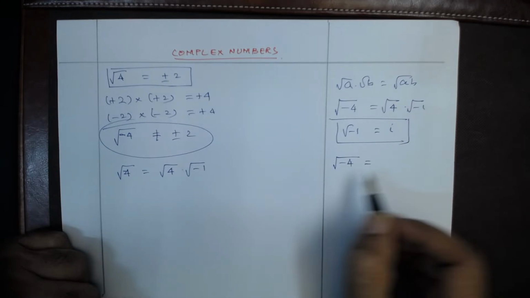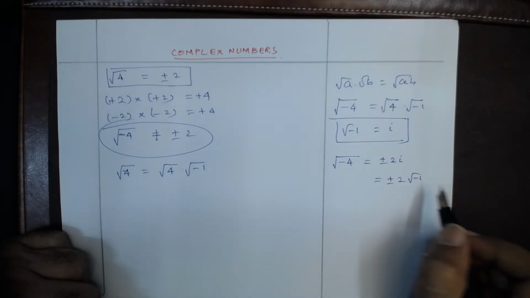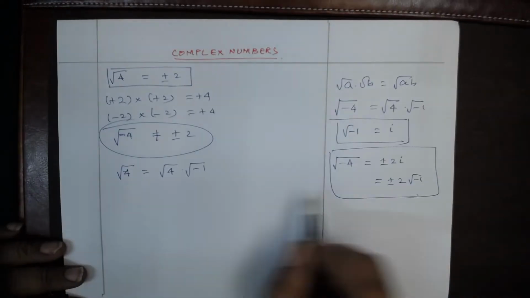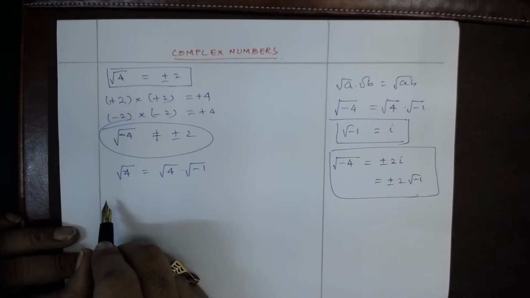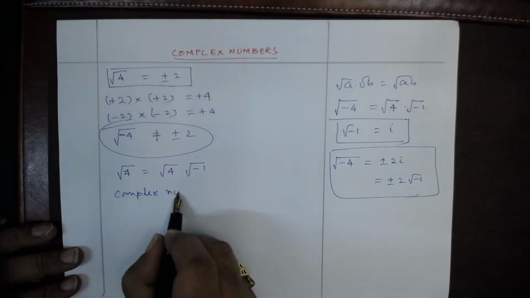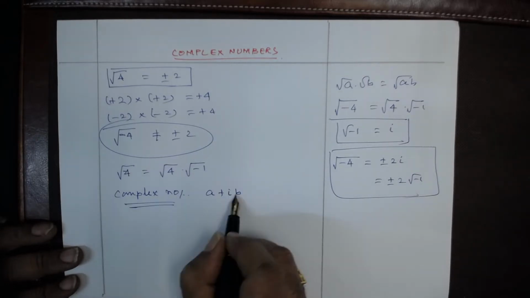Therefore, that is plus or minus 2 of I, which is nothing but plus or minus 1. Are you able to follow? So this I represents iota. So the complex numbers can be represented in this form. Complex number can be represented